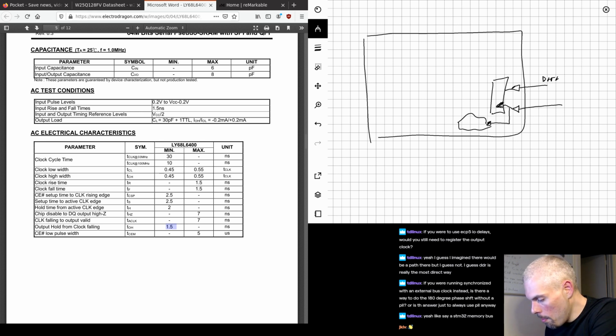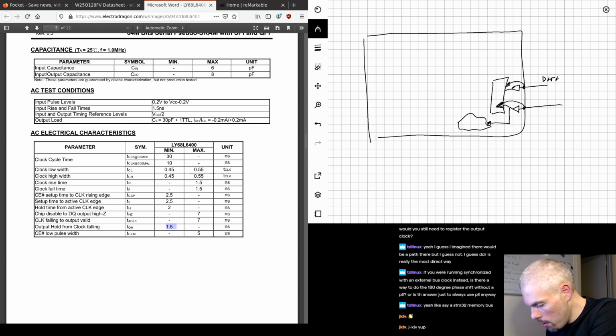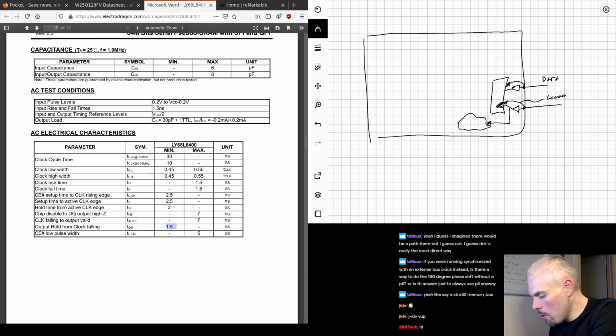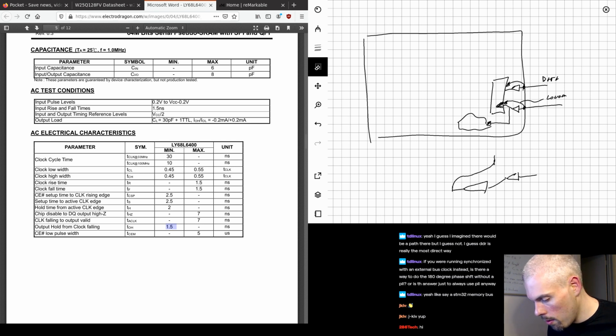The problem is the delay from this to the input of the flip-flop is not the same as the delay from here to there. This path is going to take way more time, because this goes from the pad to the IO that's right next to it in the IO block, while this path is gonna go through the input buffer of another IO block. Then it's gonna need to go through the global clock buffer, and then it's gonna need to be distributed all around the FPGA, which means that the clock signal is gonna take way longer to arrive. So if you draw this,